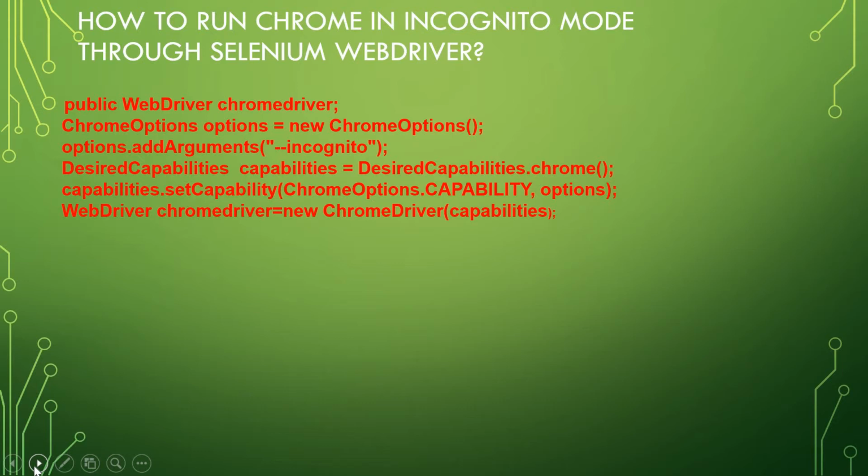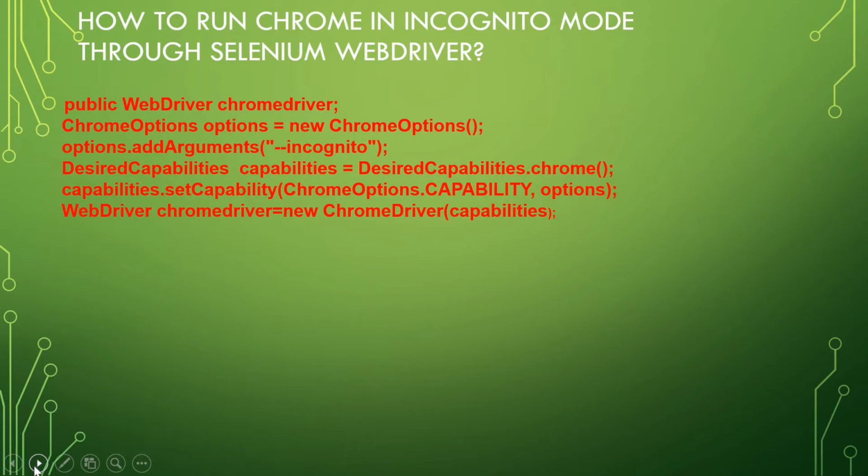driver. So in the options you can add an argument, that is incognito. And for everything, we put in desired capabilities to manage the driver. We put in the desired capabilities so that whether your size is 100% or not, this will set all those things. Desired capabilities are whatever capabilities are required for Chrome, such as 100% zoom and size, so this provides them for that Chrome. And we can set those capabilities with ChromeOptions.